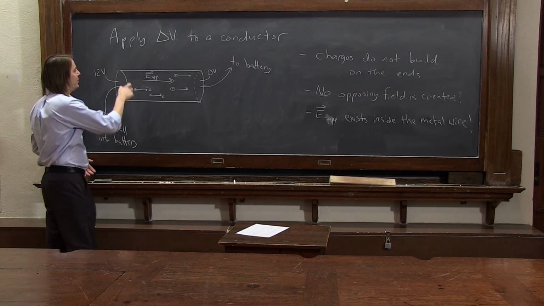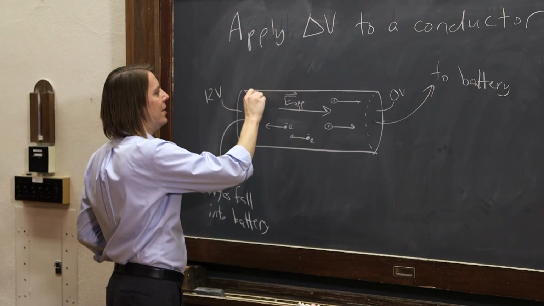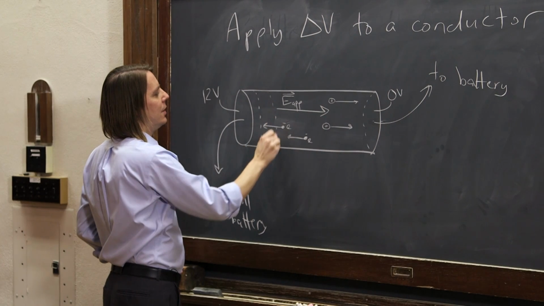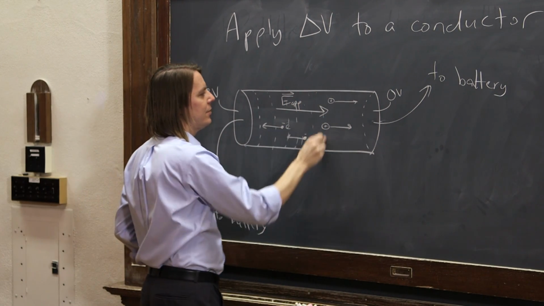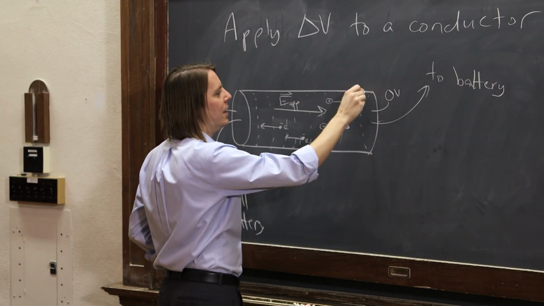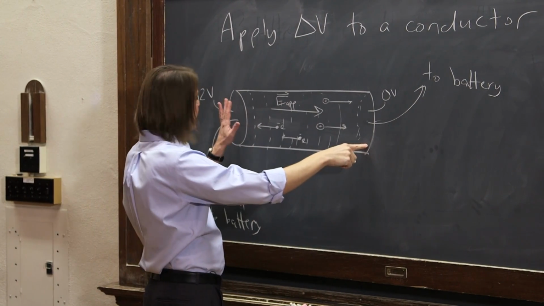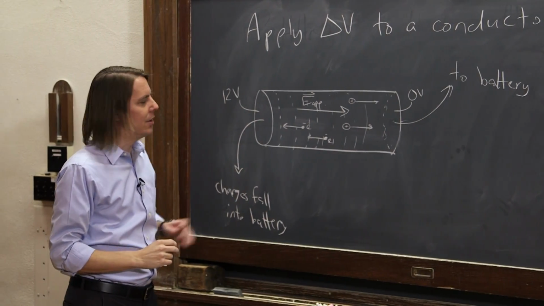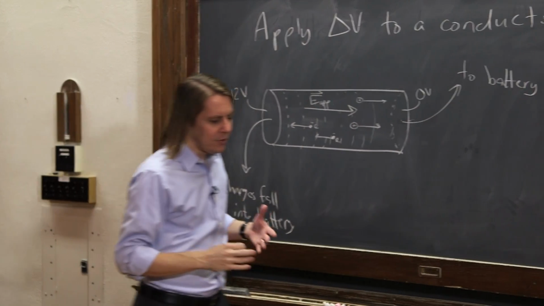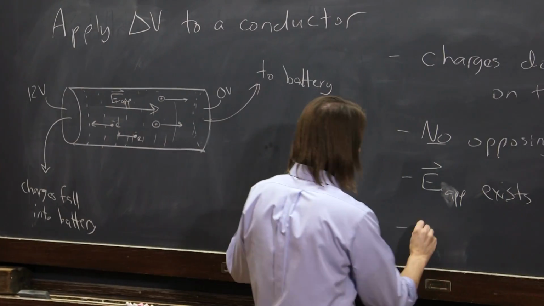You'll still have a potential drop. Since we have an E applied, there's the 11 volt line, and the 10, and the 9, and the 8, 7, 6, 5, you get the idea, 4, 3, 2, 1, down to 0. So this face is at 12, this is at 0, and the potential drops throughout the metal. And then finally, what you end up with is a continuous